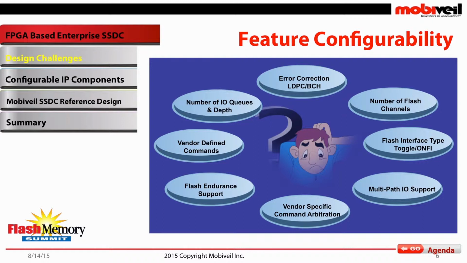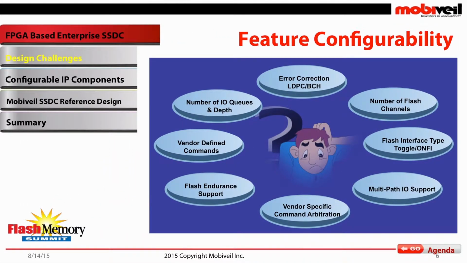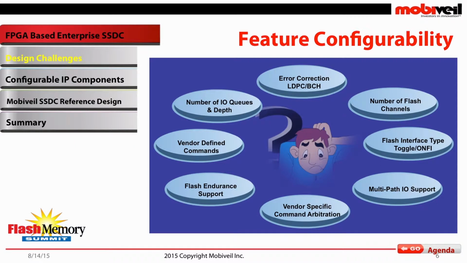Number of flash channels: it should allow scalability in terms of how many flash channels it can have, so that an optimum solution can be done based on the target device and the power. And of course, error correction. As we are scaling up on the flash side, there are still some implementations which would like to have PCH, but most of the future ones are looking towards LDPC. So there has to be flexibility in the design. The reference design should be created such that you can replace one with the other.